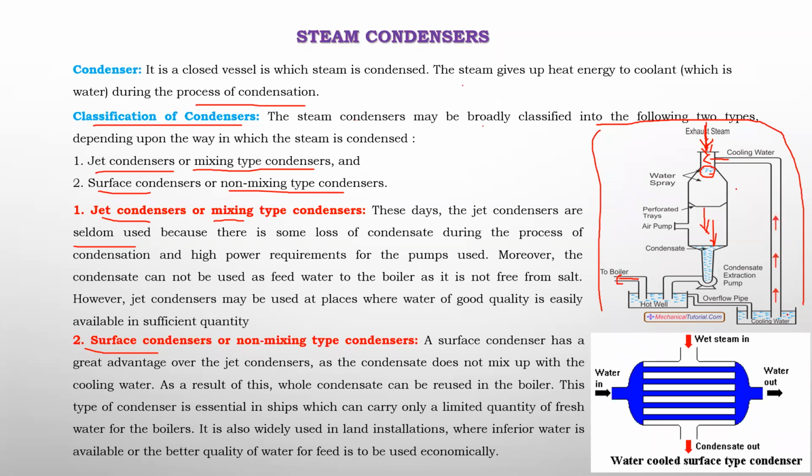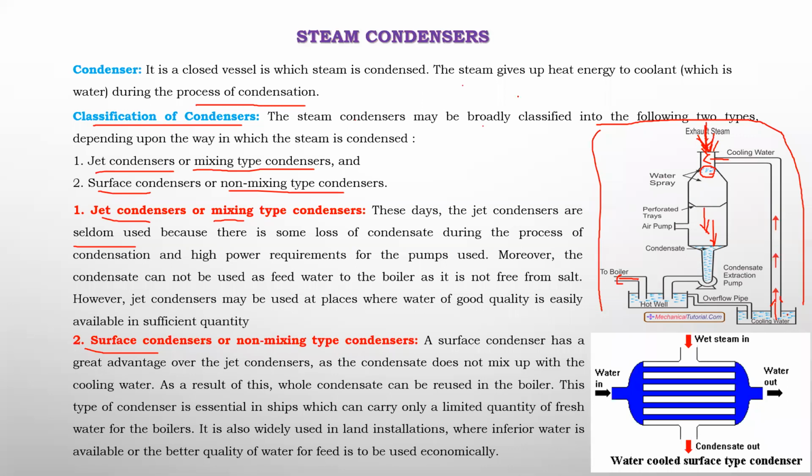In this case, why is it outdated? If you observe, to the boiler we need to supply distilled, pure water without any scales, right? Once this water expands over a turbine, it is in the form of pure steam, without any scales. This pure steam comes into the condenser inlet, and this is the water coming from the river. The river water or water from the bottom of the cooling tower consists of some scales or impurities. When this impure water mixes with this pure water, what happens? The water becomes impure. If we send this impure condensate directly to the boiler, scale formation takes place inside the boiler, right?